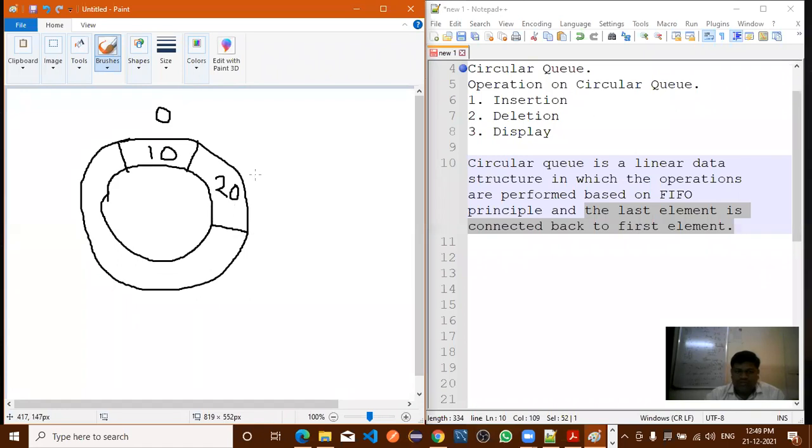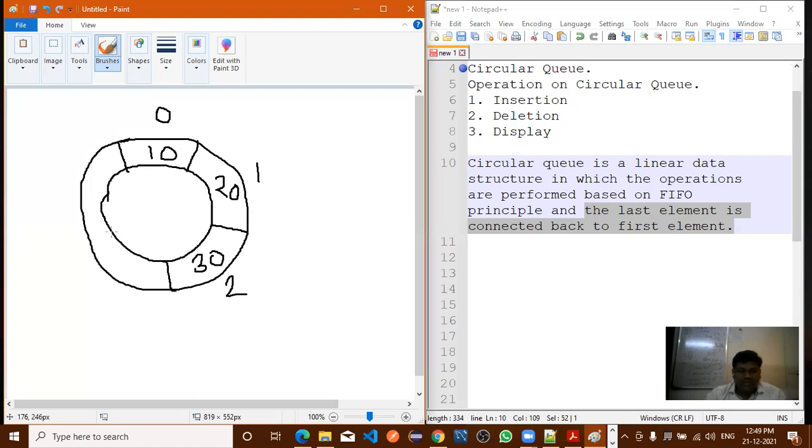So this is the first location. Now this array indexing I am writing here. Now after that, the third element 30 at index 2, right?